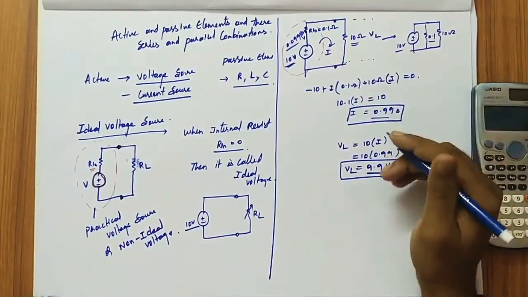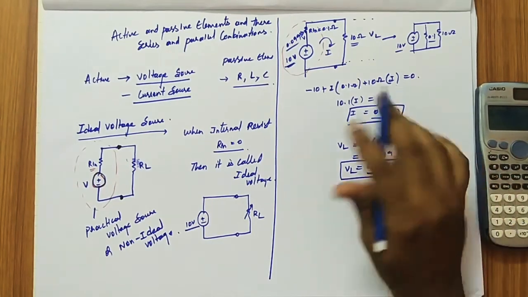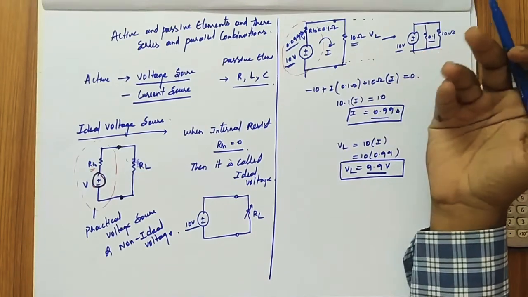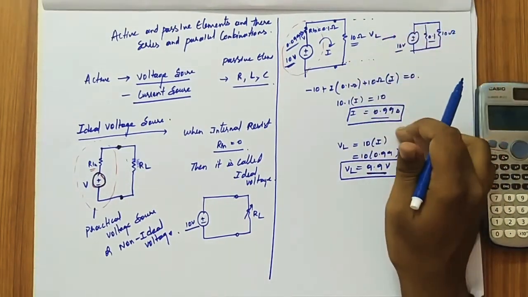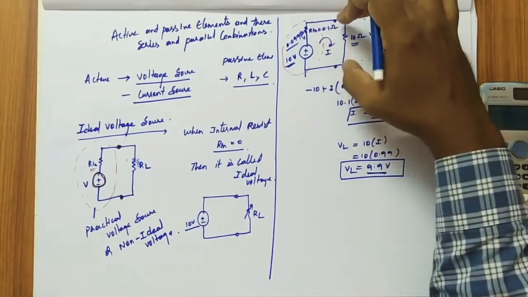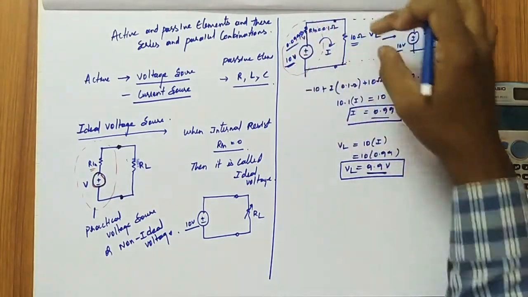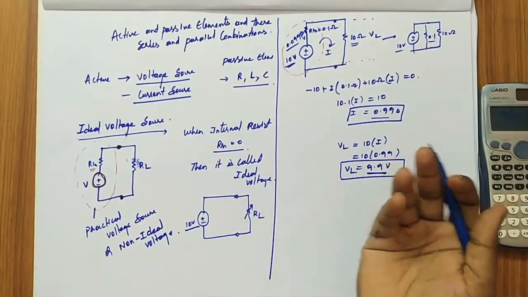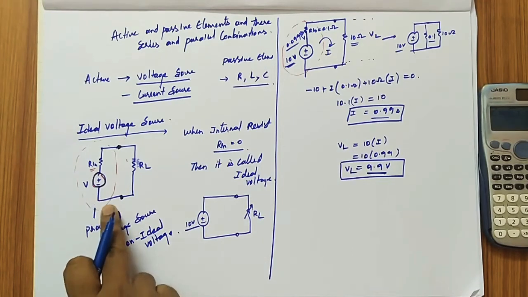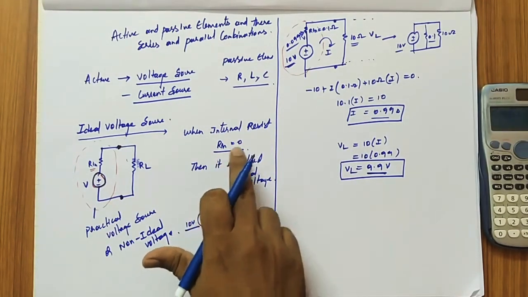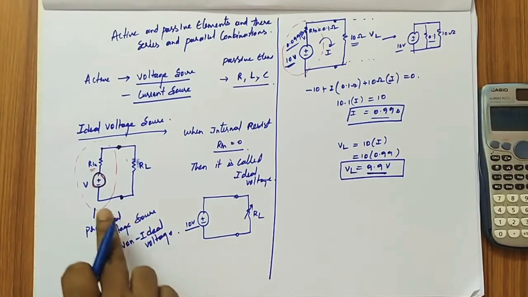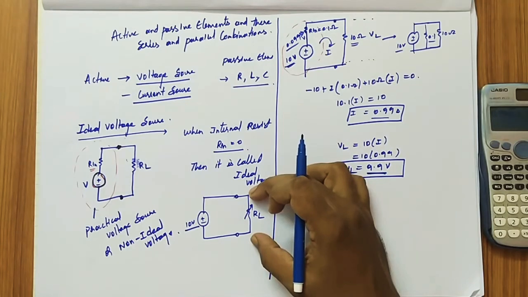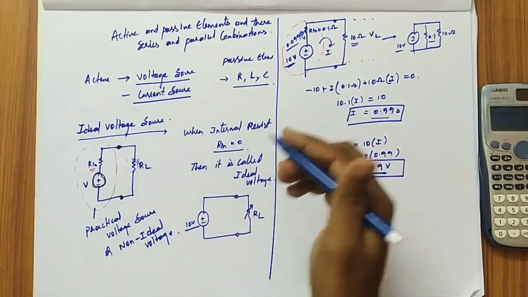If an examiner asks you to write about the practical voltage source, you just write this, and after that take different values of your interest and prove it. Due to the internal resistance only, we get an output voltage less than 10 volts, about 9.9 volts, which you have to prove. If they ask you what the ideal voltage source is, similarly you draw the same thing and make the internal resistance 0. Then whatever voltage the source has will be accumulated across the output resistance. This is about the ideal voltage source and the practical voltage source.